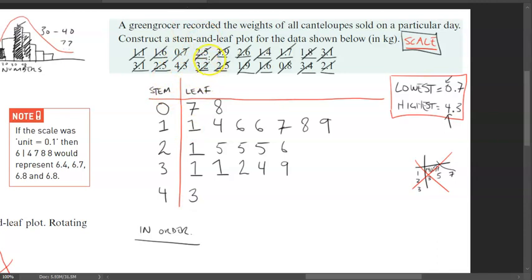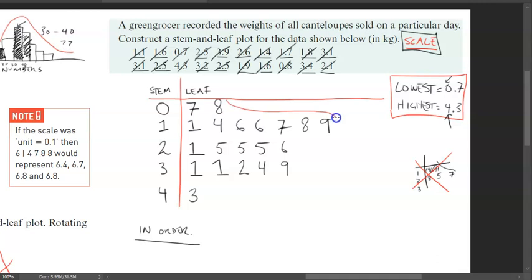Now, a good way to check to see that you've got all the numbers is we're just going to count up 1, 2, 3, 4, 5, 6, 7, 8, 9, 10, 20. There are 20 digits here, 20 data points here. How you know that you've done this correctly is you're just going to focus on counting the amount of leaf numbers, not the stem, but the leaf numbers, because the stem are just number representations for the single units. We need to know that the decimal units, that they're the same amount. So 1, 2, 3, 4, 5, 6, 7, 8, 9, 10, 11, 12, 13, 14, 15, 16, 17, 18, 19, 20. Ooh, would have been awkward if there wasn't 20. So we know that we've got the correct amount of numbers in,